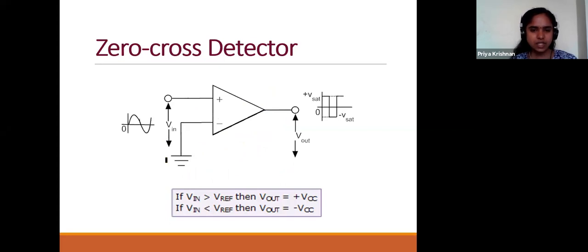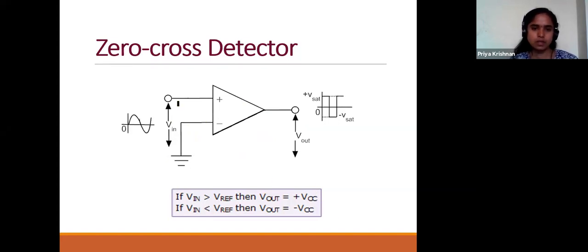The last application we are going to discuss is the zero cross detector. This is also a comparator, and it is going to compare with the zero reference. See, this is my zero reference. It will compare V in with zero. The input will always be compared with zero, and if any change happens, it will show in the output side. This also falls in the non-linear region, so the output switches to either positive saturation or negative saturation.